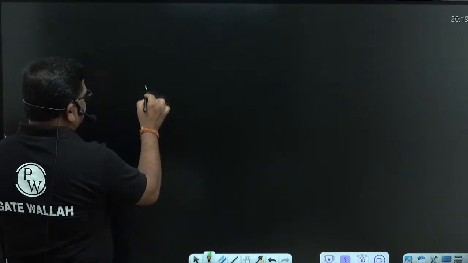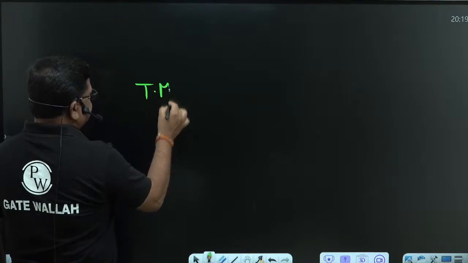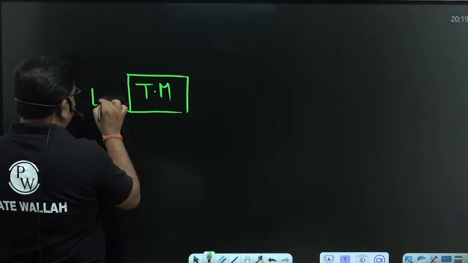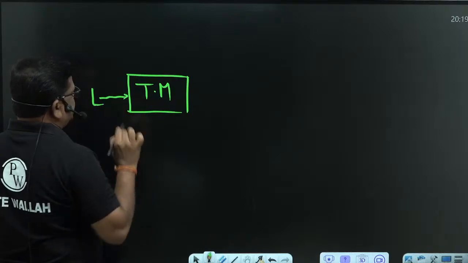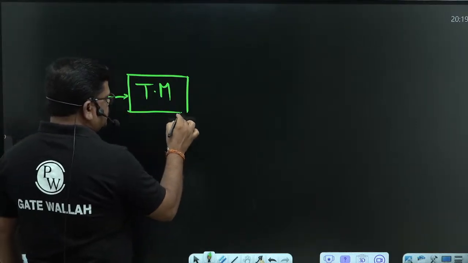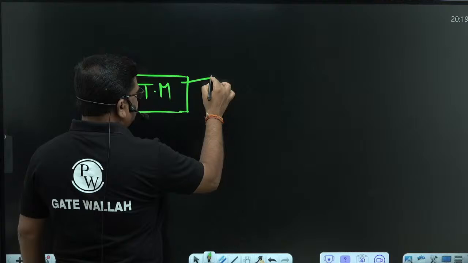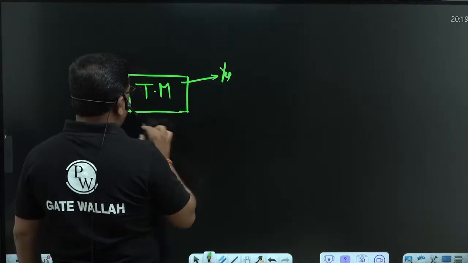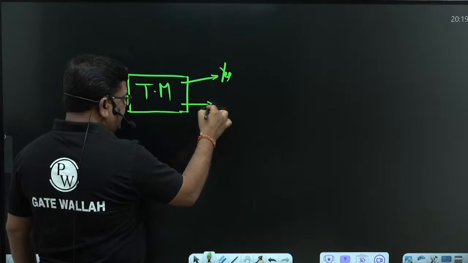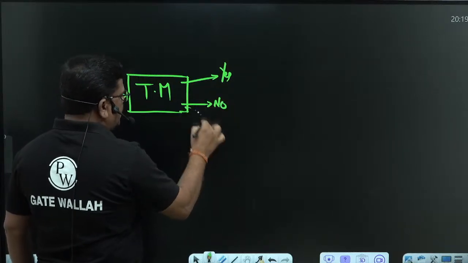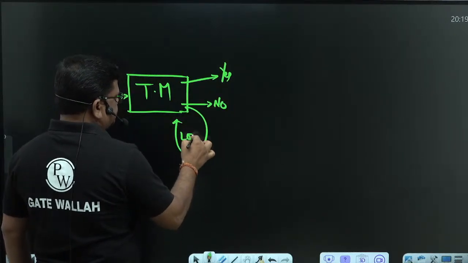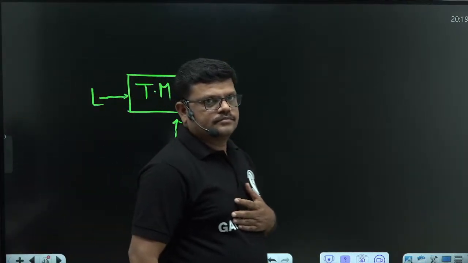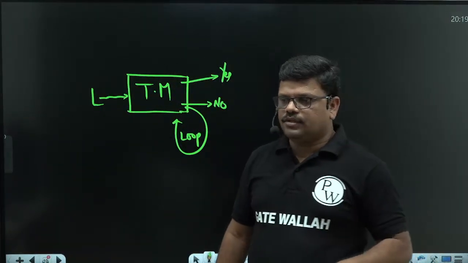This is the meaning. If we construct a Turing machine for any language, for a valid string it will halt and say yes. For invalid strings, it may say no or may loop forever. This is the Turing machine behavior. This type of behavior will be there for the normal Turing machine.